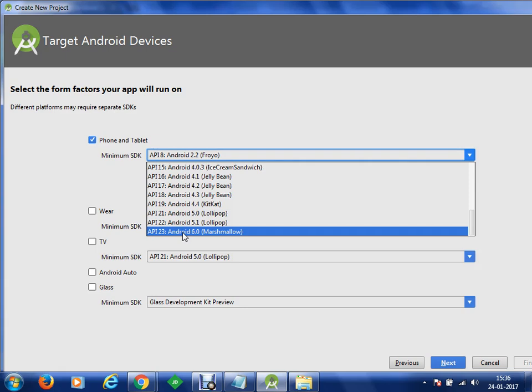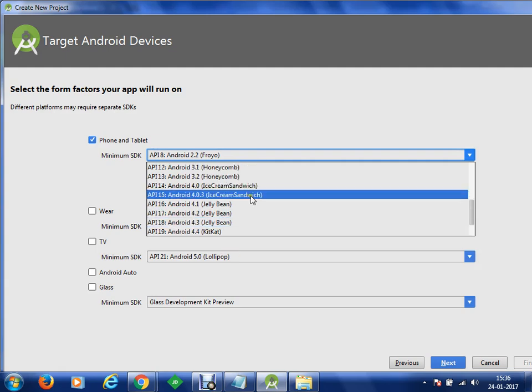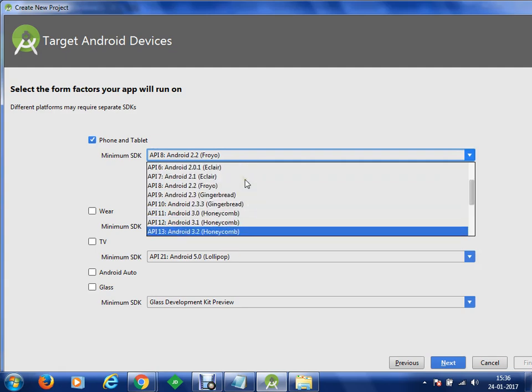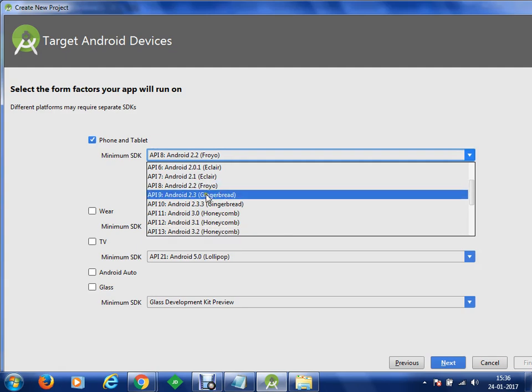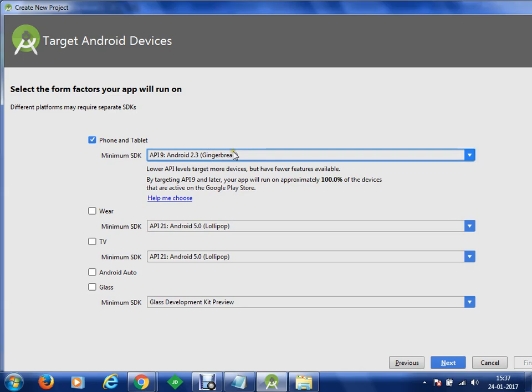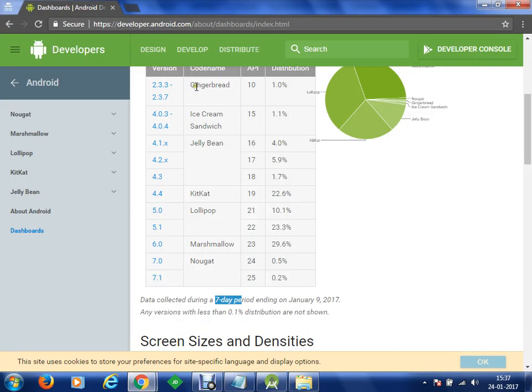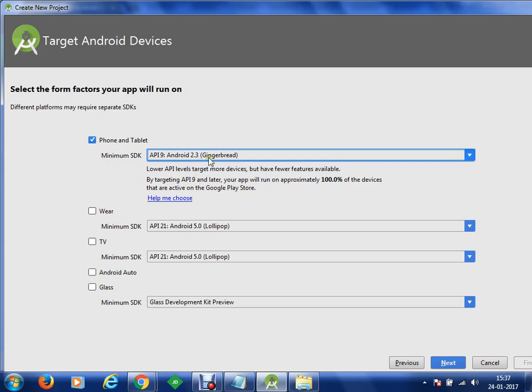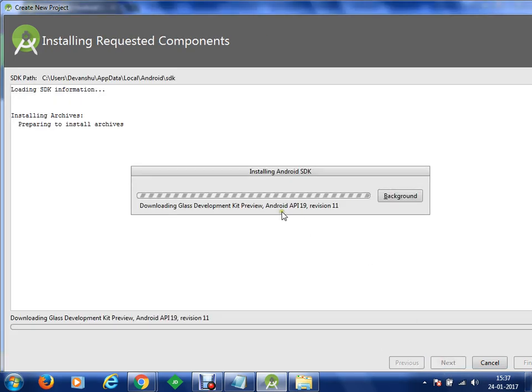Clear? Now, let's say for the moment I would like to design my application from the Gingerbread version. Let's say we are going to specify the minimum SDK as Gingerbread, and now my application will be supported from Gingerbread to Nougat. Okay. Now let's go here. So I've just selected Gingerbread. Now what I would like to do next. Once we go next,